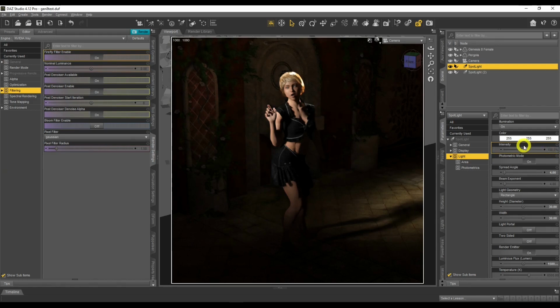Okay, so you can see how radically different the render looks now compared to what it was before. So much more interesting just by adding 2 lights. And I haven't done anything that you can't do really. It's just the positioning of the lights where you need to work out, and using these advanced features like spread